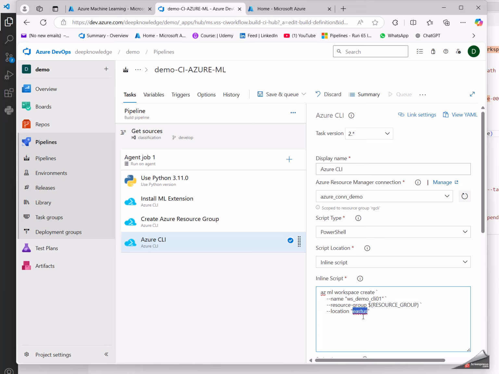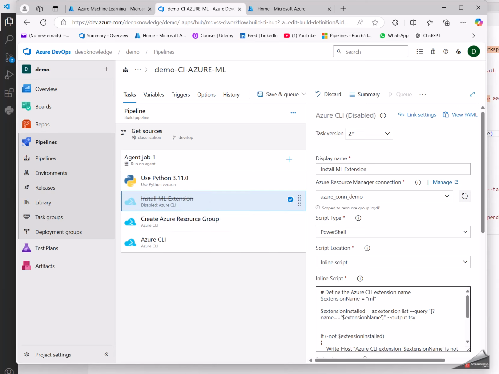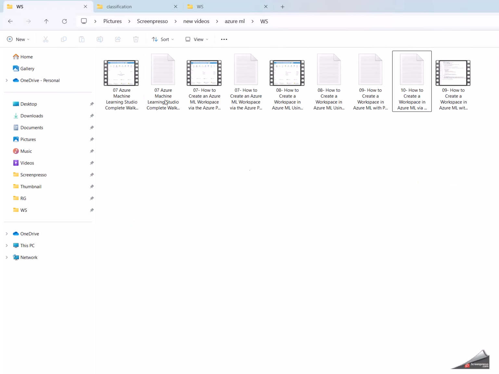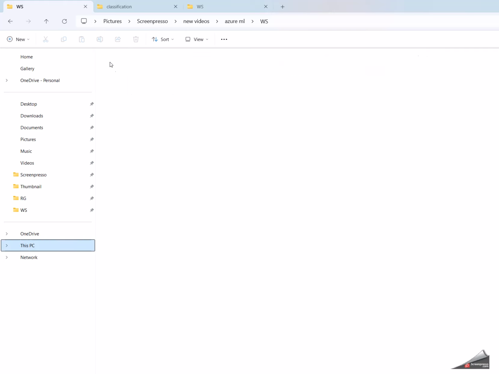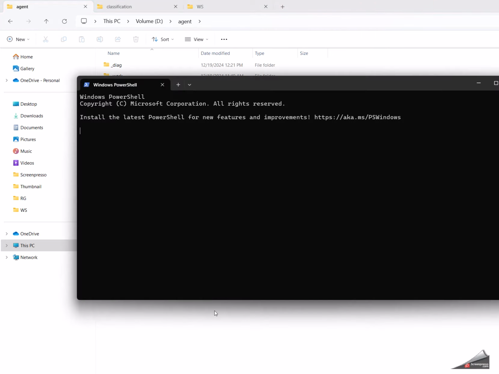I will try to remove this, and let's hit Q and run. I will just disable this because the pipeline has already installed this several times, so it just took time. So I will go to the agent, because the agent is not running on my PC. I will have to run this. I also uploaded a video on how to create a local agent. So I will just click run,